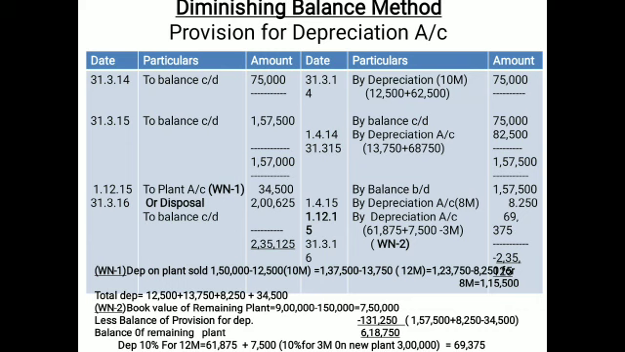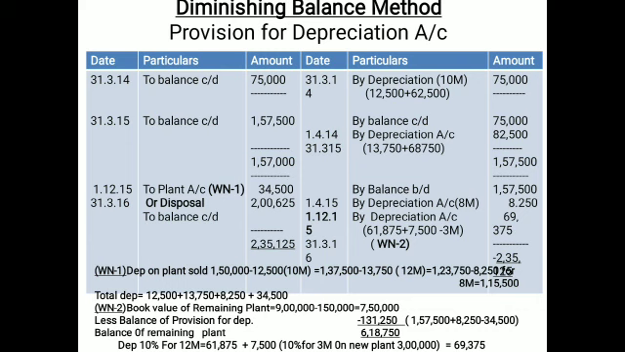The depreciation remaining is to be calculated. How to calculate? Make the total of 1,57,500 and add 8,250 and deduct the 34,500. Then the answer is coming 6,18,750. On this value you have to apply the rate. This is the value of your remaining unsold machinery. So this is the 61,857 on the